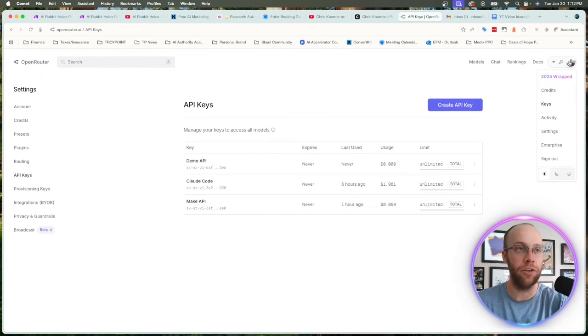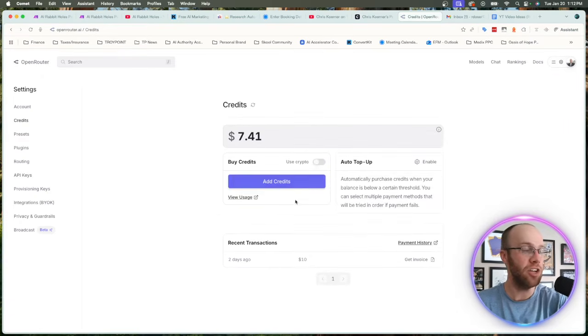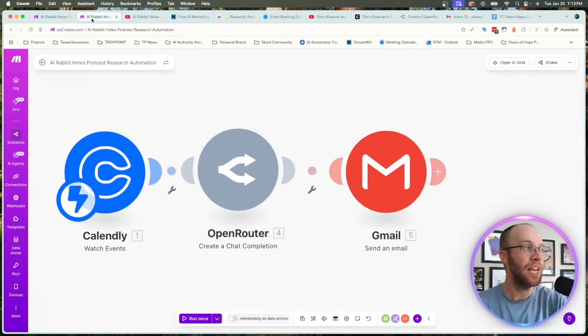So if you go to your profile here, click credits, you need to click add credits. And honestly, $10 is more than enough for what you'll need for this to run. You could probably add $5 and end up getting away with it. But you have to have credits in here in order for OpenRouter to work successfully. So if we go back to the automation, that is the second module here with using OpenRouter powered by Gemini